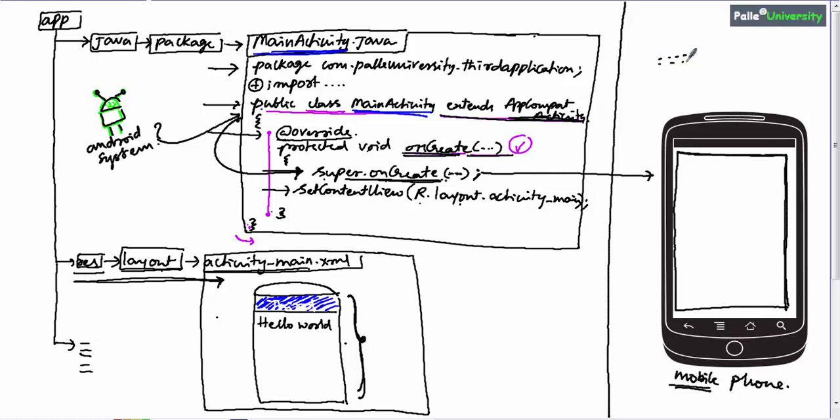Let us say I have some water. How will you hold this water? Obviously you need some container or bowl, correct? Similarly, in order to load a screen into the phone, first of all you need a container. So first we are calling super.onCreate, which will create an empty container on the phone. After that, observe the next line, which is more important. setContentView. This is a predefined method of Android.